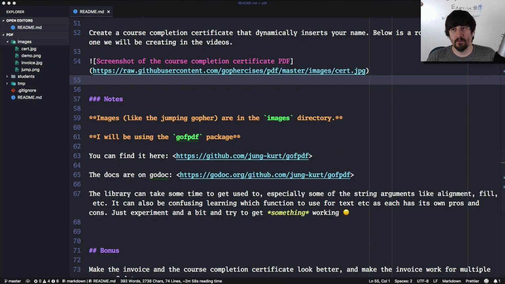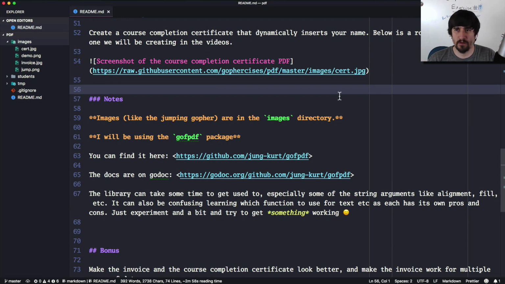Okay, so the first thing we're going to do is learn how to use this package. I'm going to be working from some notes, which is something I don't do on all of these. I just want to make sure I cover everything that I plan on using, at least most of the basics, so that when we get to the video, I don't spend a ton of time reading the docs. I'll point you to the docs and let you look at them, but I don't want to spend an extra hour on all these videos just reading the docs to you, telling you every little detail of them, or